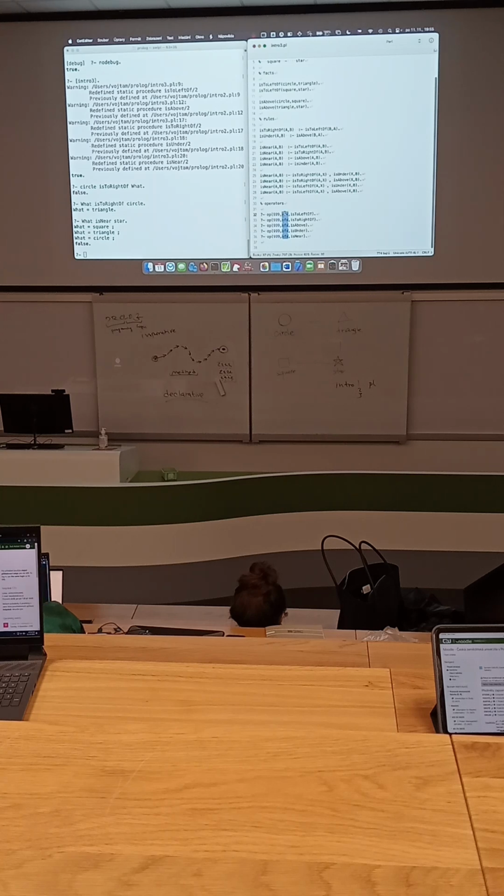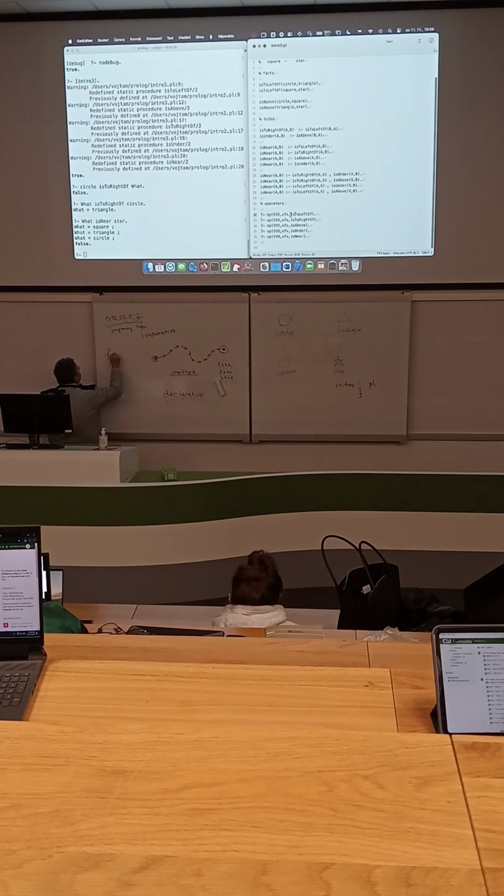XFX means that operator is between two values. Values are coded X, and F is operator. If I will have only one value, I have two now, yeah. If I will have only one, I can also write fx or xf.